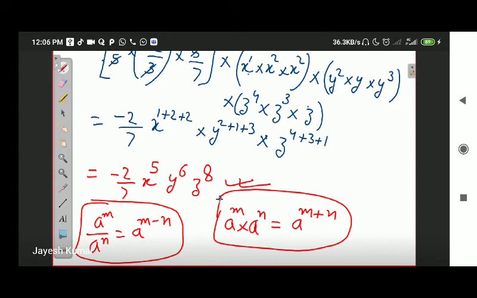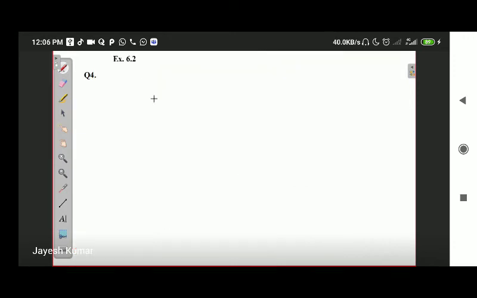We'll start with question number 4. I will do some parts of question number 4. The rest will be homework for you. Please listen carefully from now on. This is question number 4. Questions 1, 2, 3 are left to you. These are quite simple, you can easily do them. Question number 4 is multiplication of 3 or 4 polynomials. So I'll start with part B.